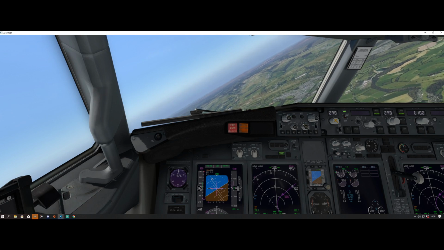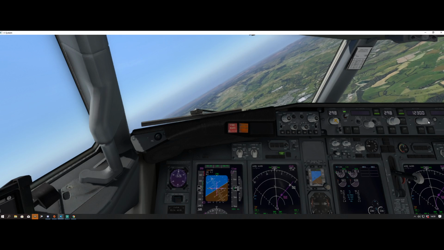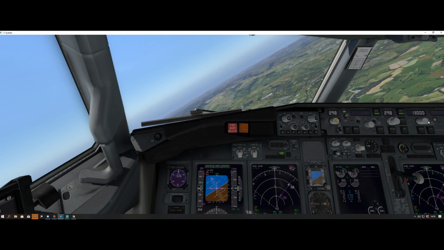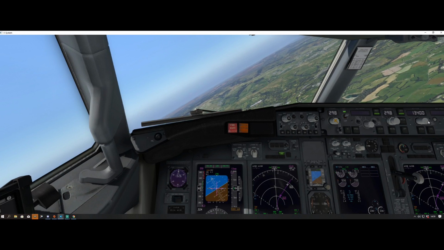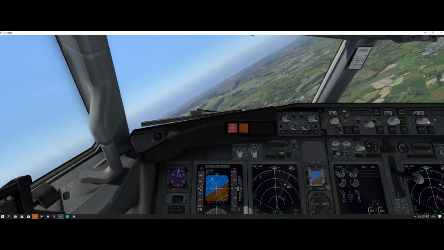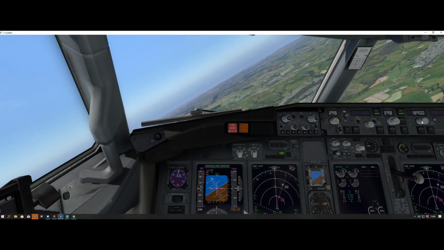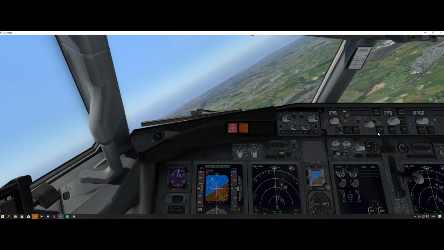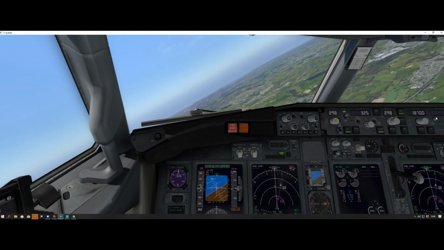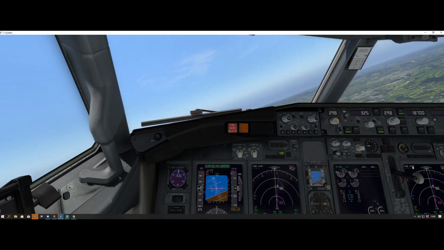So I'm going to climb, because one of the things you've got to do with this is make sure that your cruise is flight level 260 or above. So I put 260 in, which is a bit high for this flight to Manchester, but you know, for purposes of this video,